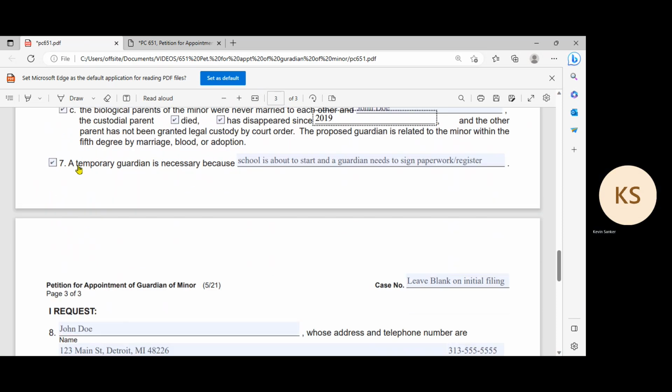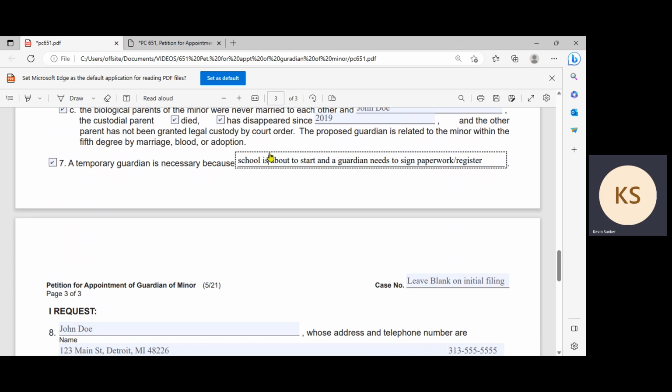Number 7, a temporary guardian is necessary because, you'll put why. A temporary guardian is someone who is not the full guardian, but granted authority to take immediate action on behalf of the minor before the full guardian is ordered in place. And I just gave an example of a reason why a temporary guardian might be necessary. School might start for the minor, and there has to be a guardian to register or file paperwork. Moving on to